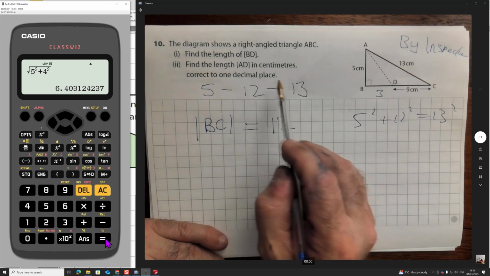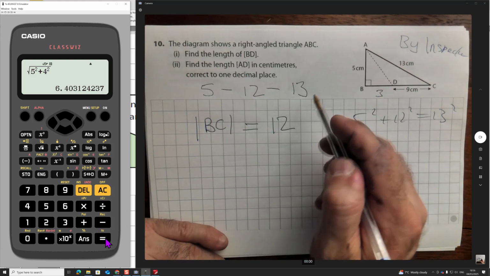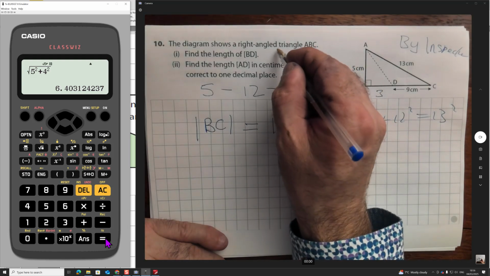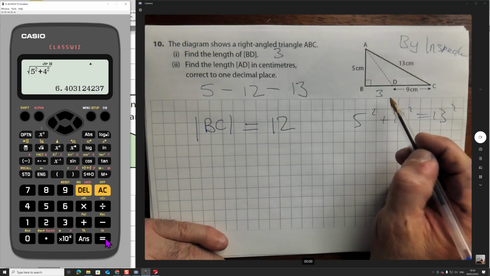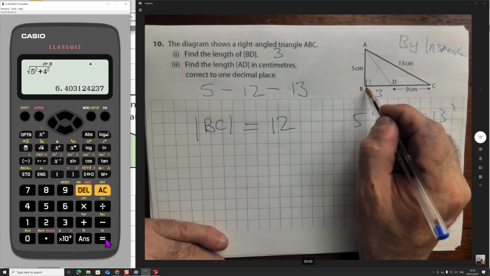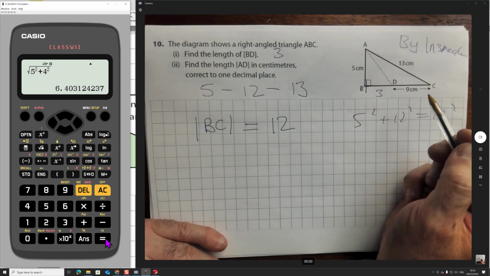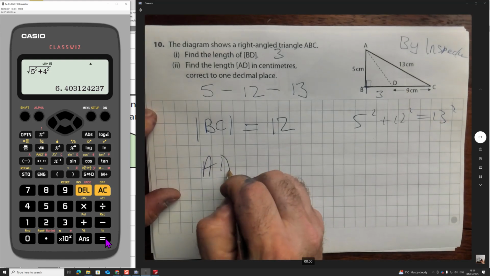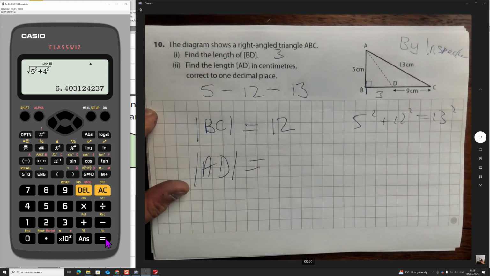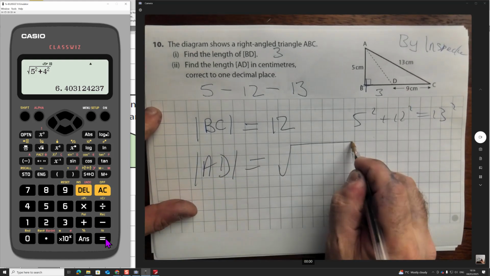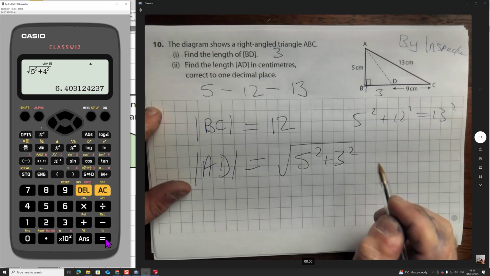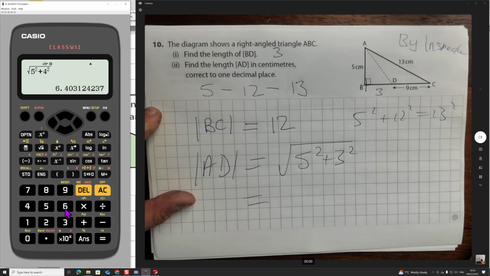Question 10. Find the length of AD. Oh, BD was 3. Yeah. Find the length of AD. Well, we can do that now with a plus question with the 3 and the 5. Okay, and there's no easy way of doing this, so I need to say that distance AD equals the square root of 5 squared plus 3 squared, which is equal to